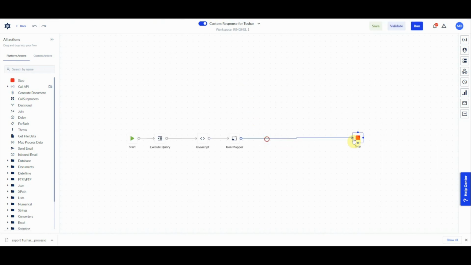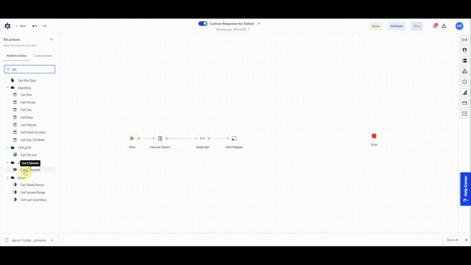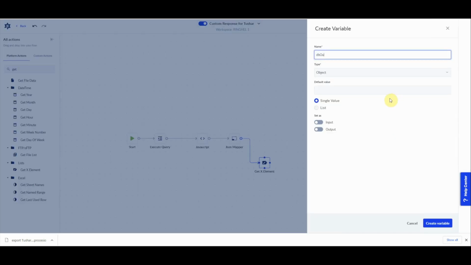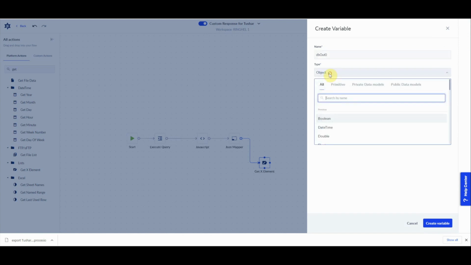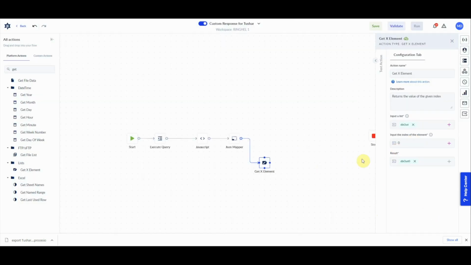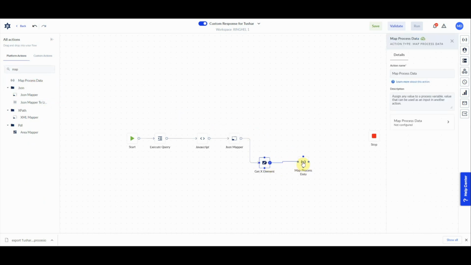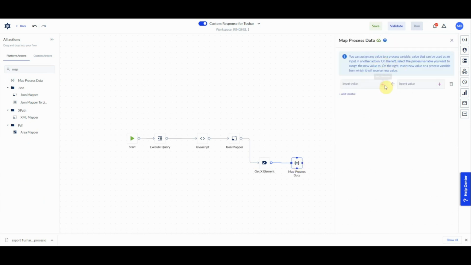I will continue this process and use the map process data, but I'm going to take only one item, and that's why it's easier to use map process data when it's only one item. So I will take it from the DB out. I will take the first item, which is item index 0. It's a zero-index array, and I'm going to put it in, let's call it, DB out 0. It's going to be a JSON, and then I'm going to use the map process data to create the custom response that I want. Now I will create a new variable, custom response new, let's call it like this,